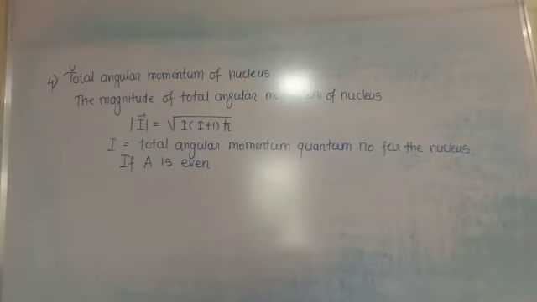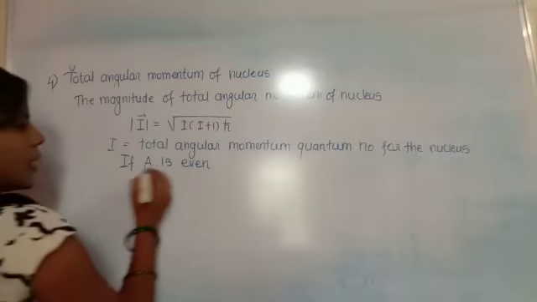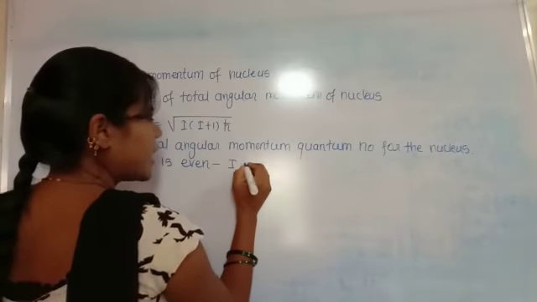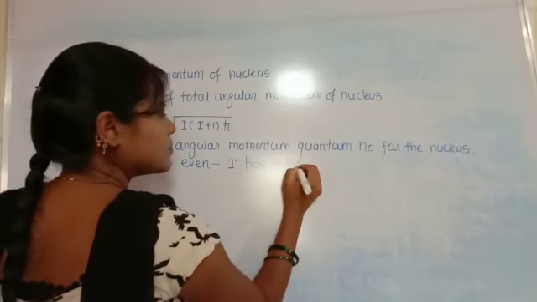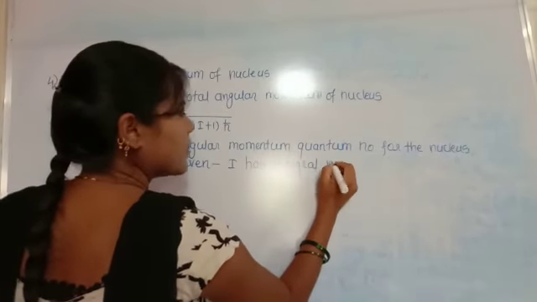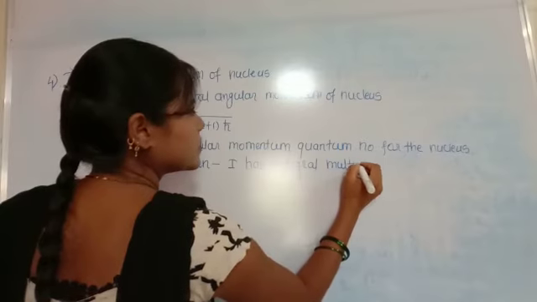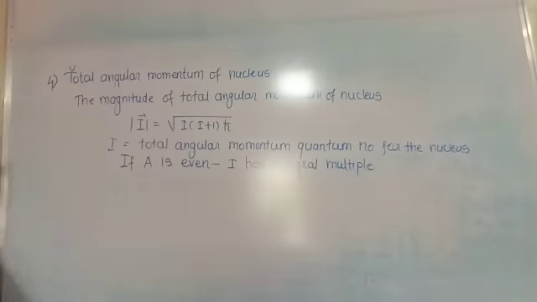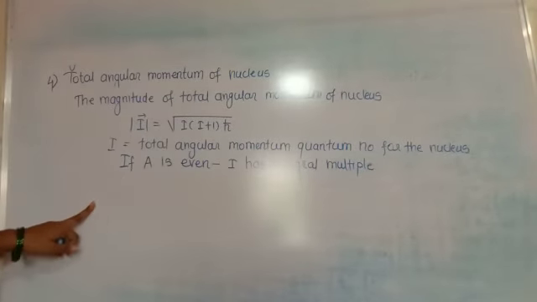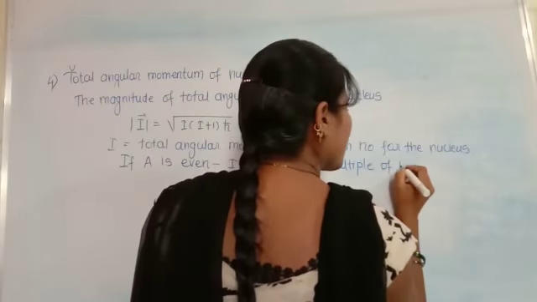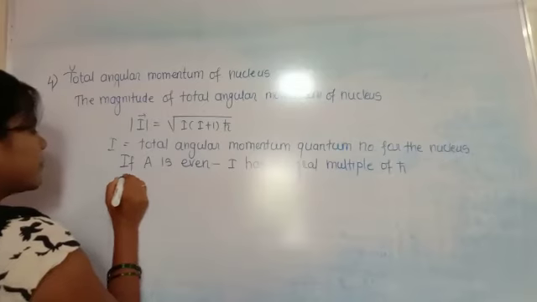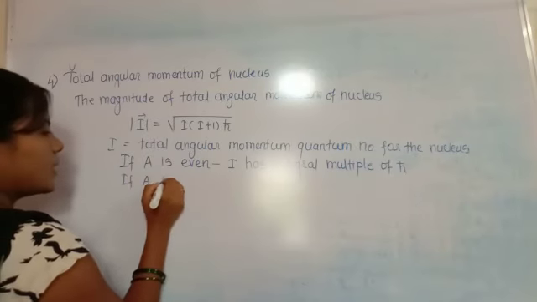If A is even, I has the value integral multiple of h cross, and if A is odd,